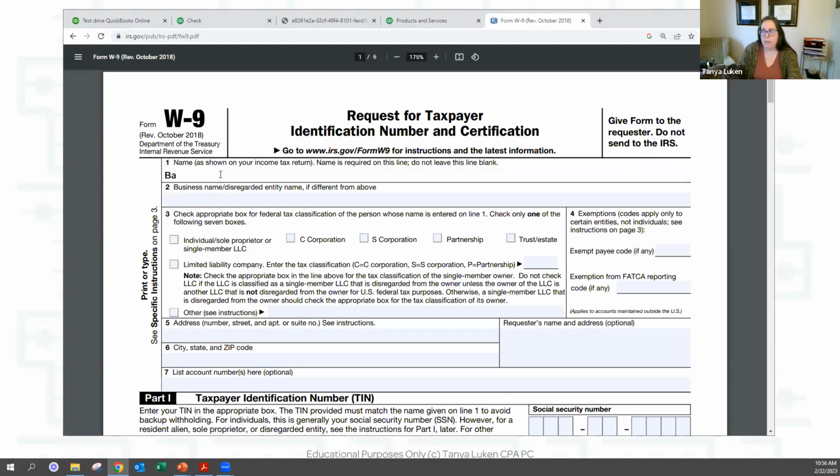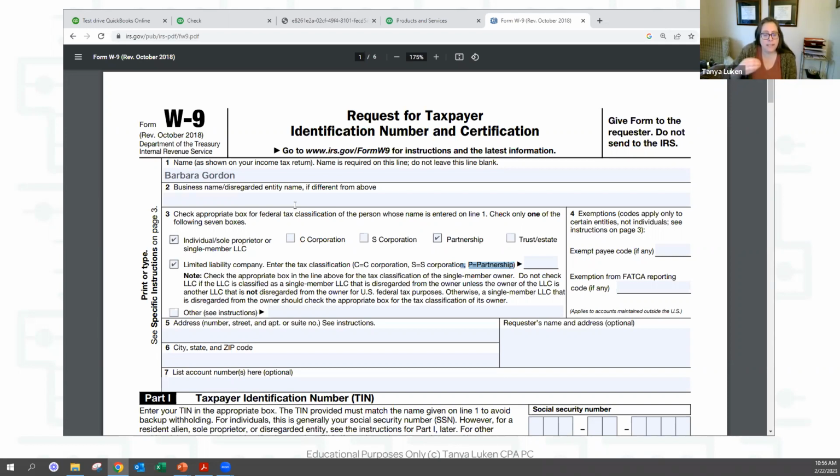So we would put on the form Barbara Gordon, and if she's an individual sole proprietor or a partnership or an LLC that files as a partnership, we are required to give her a 1099. But without this W-9 form, how do you know what she is, right? You don't. So you need to collect a W-9 form from anyone that you're paying for services, rent, or lawyering